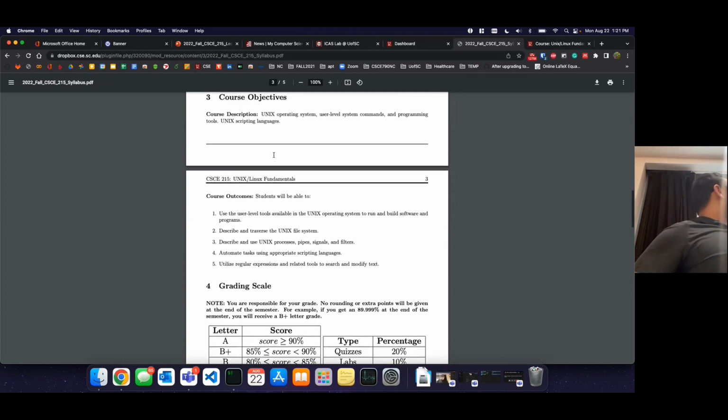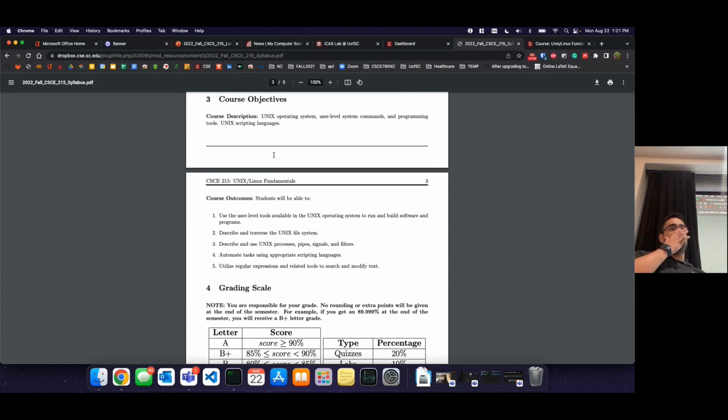I found during the summer when I taught the course that students lost a lot of things that they learned in the beginning of the semester towards the end of the semester. So the midterm tries to make sure you study and memorize and get enough practice with the beginning material so I can assess it and figure out what I need to recover if we need to.